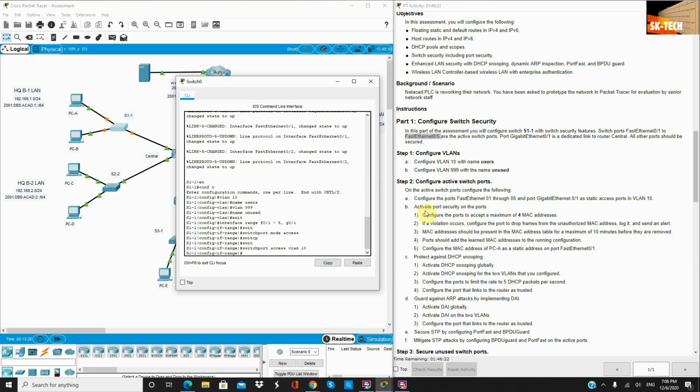The second part here is to activate port security. We will do all these 5 steps together. We will configure the port to accept a maximum of 4 MAC addresses, and when a violation occurs, we will configure the port to drop the frames from unauthorized MAC addresses, as well as the MAC address should be present in the MAC address table for a maximum of 10 minutes. And for all these steps, the first step is to